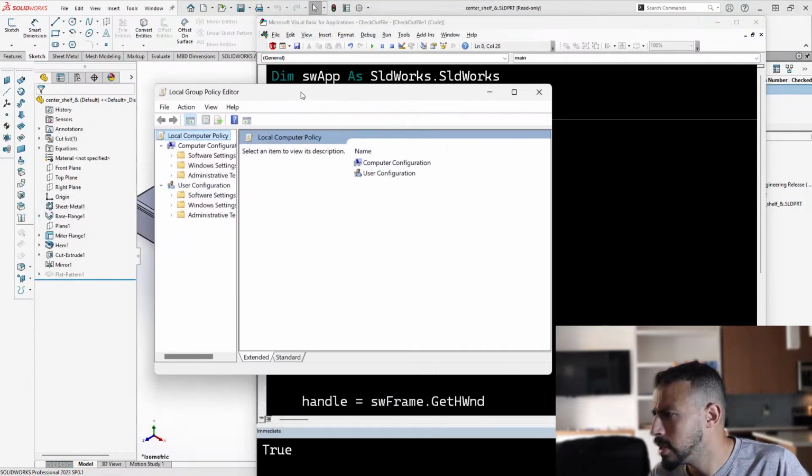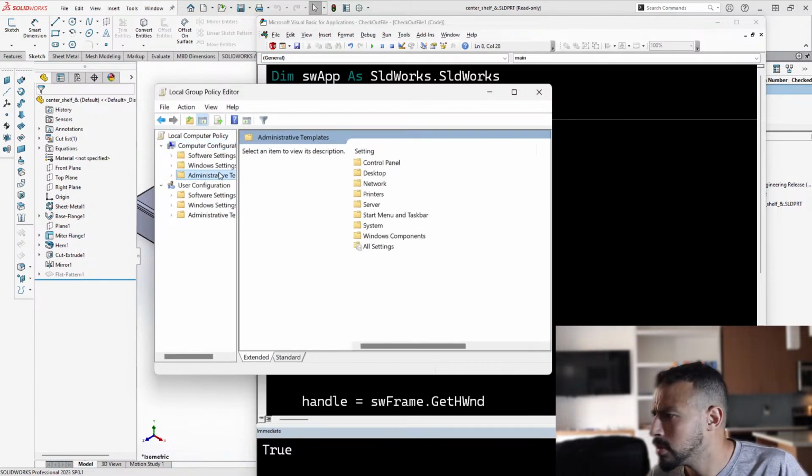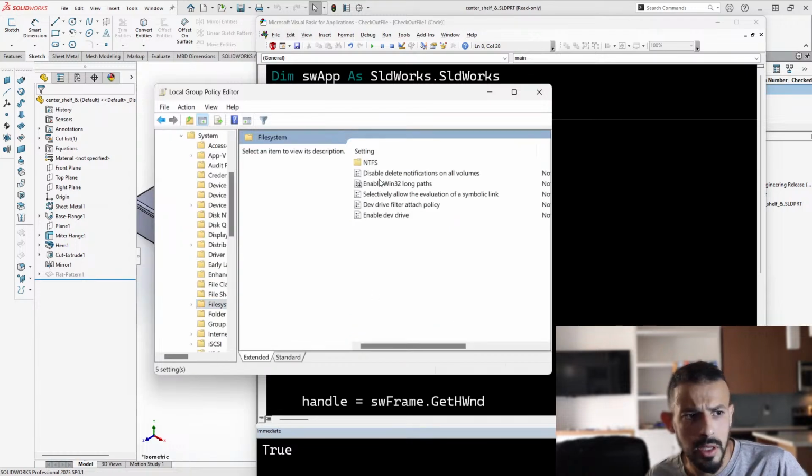And then it says navigate to local computer policy. All right, got local computer policy here, and then computer configuration right here, and then right after that I need to get to administrative templates, and then under administrative templates I need to go to system, and then under system I need to go to file system, and right underneath that I can double click on NTFS enable Win32 long paths,